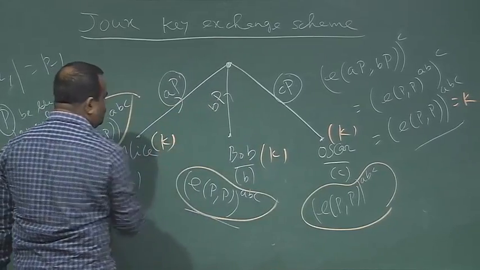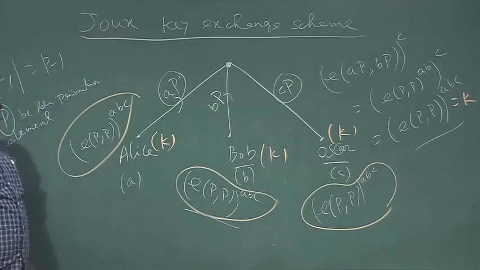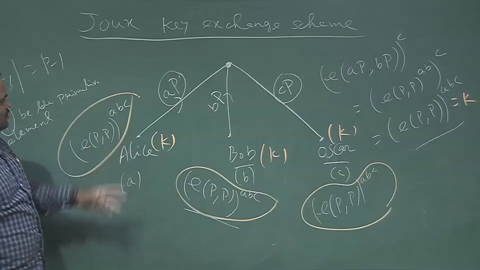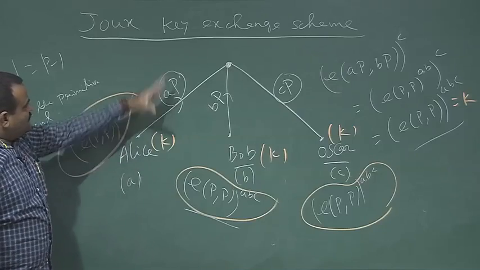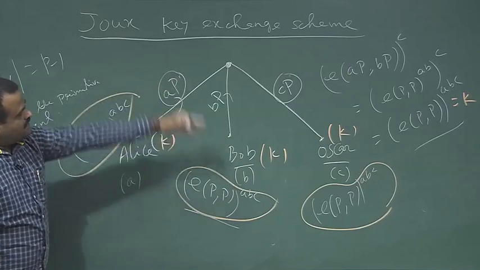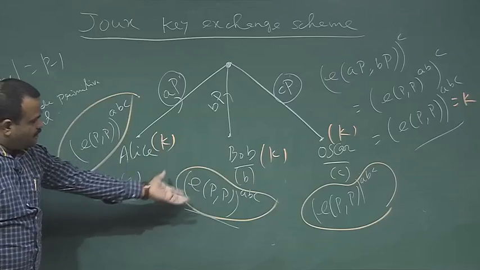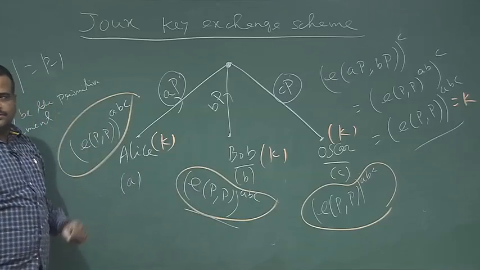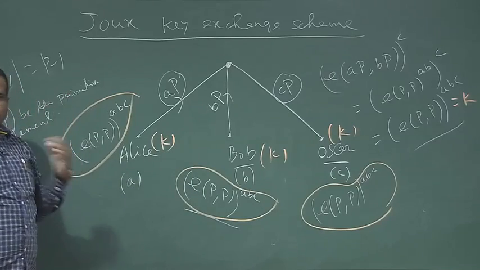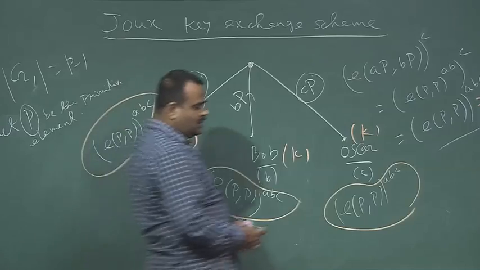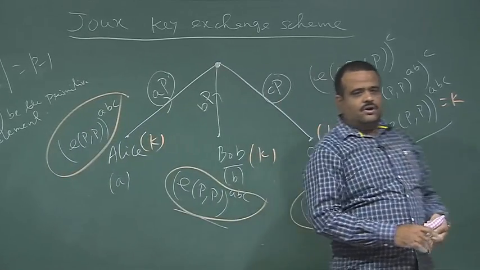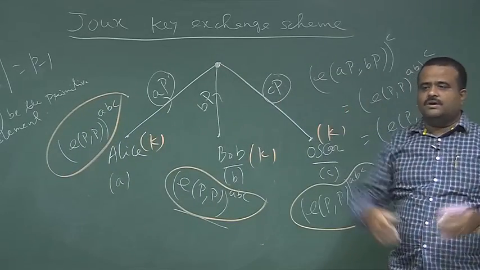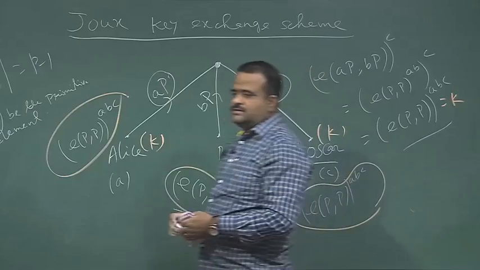This is just a one round communication. Alice sends AP, Bob sends BP, Oscar sends CP, and then by computing this, they agree on the common key k. And once they have the key k, they can securely communicate over the public channel using symmetric key